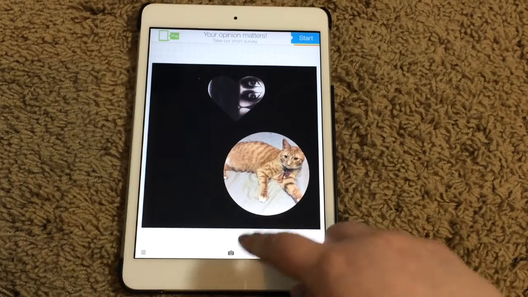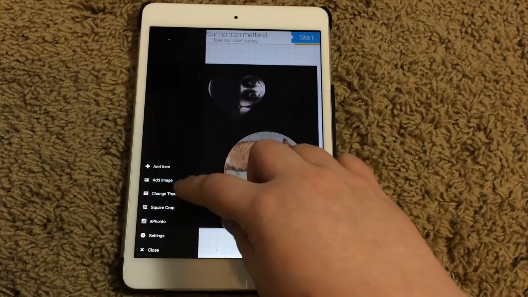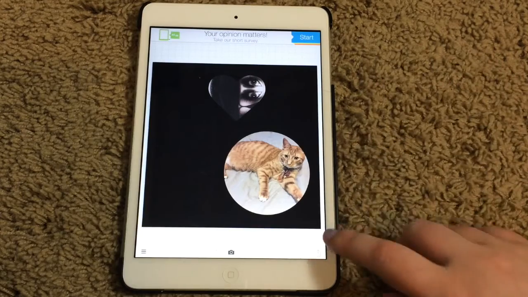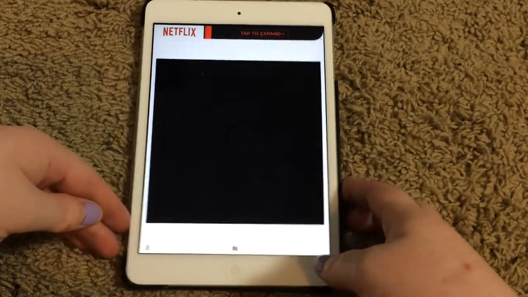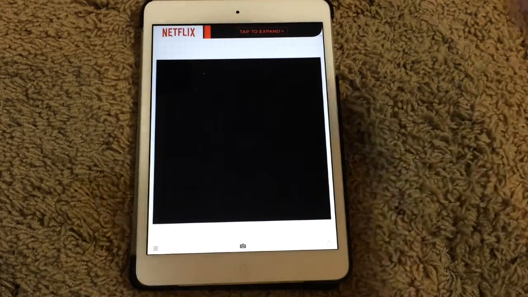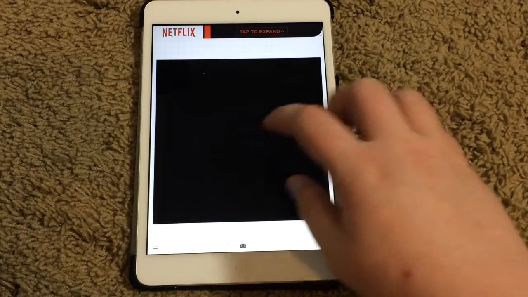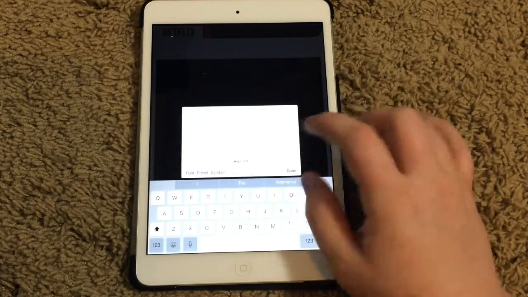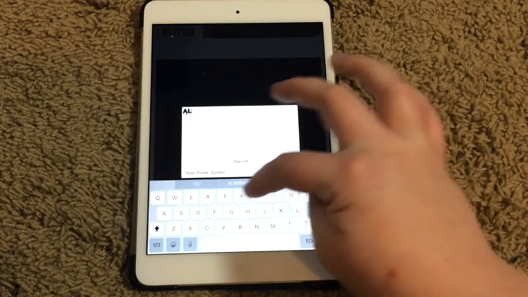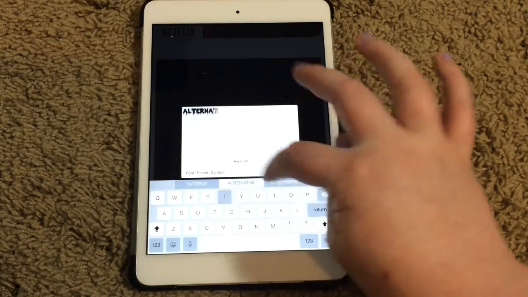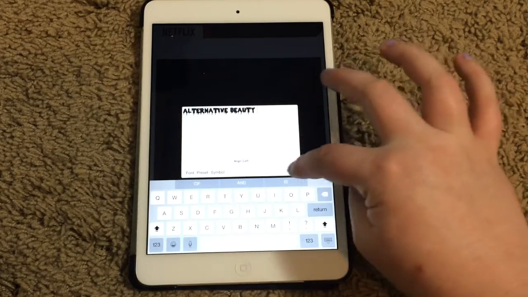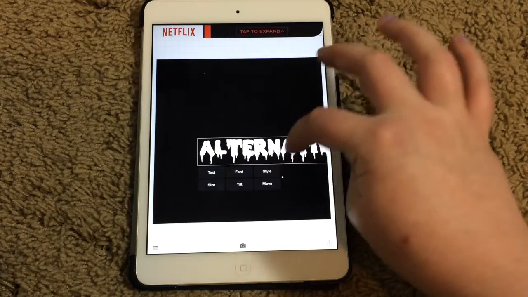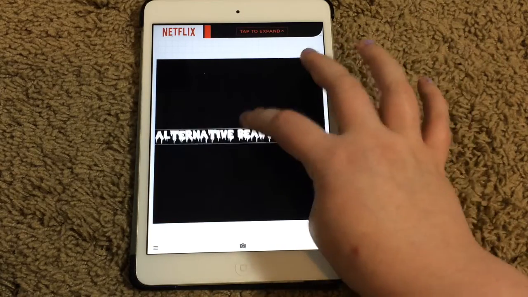And you can add really cool text. This is what I do to make my thumbnails usually. So what I'll do for a thumbnail if I don't have a picture that I've taken. So I use this app a lot when I'm trying to make a thumbnail for YouTube or something like that. So basically what I'll do is I will put a blank background, and then I'll add text to it. And I'll just put, let's see, alternative beauty, and then usually I'll just size it and put it on there, just because if I forget to take a picture or something like that,